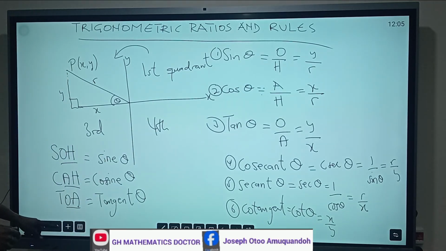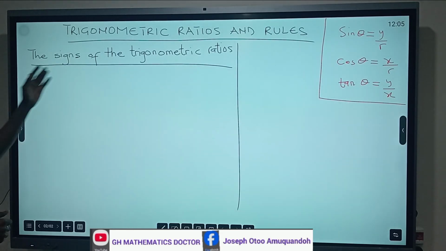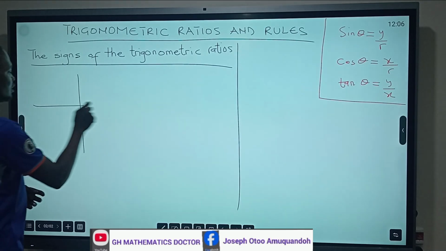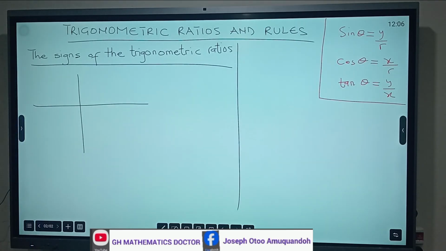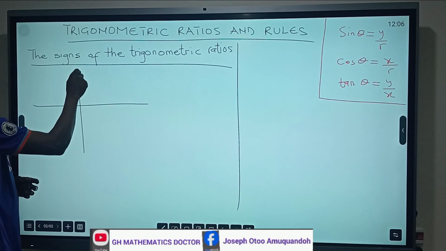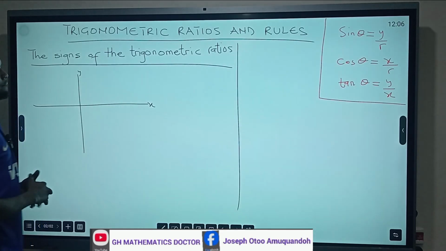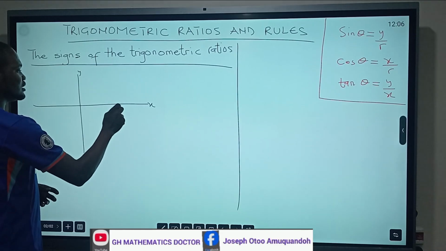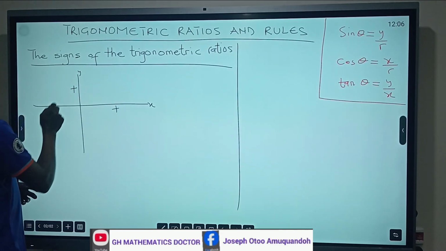Now let's look at the signs of these trigonometric ratios. We are also going to use the Cartesian plane. So for the Cartesian plane, we have our y and our x here. We are going to determine in which quadrant one of these ratios, either sine, cos or tan, will be positive. Now, since we have this side to be positive, this side to be positive, this side is negative, this side is negative,